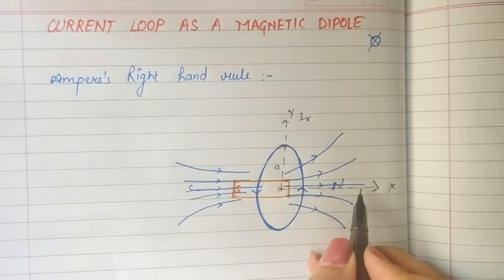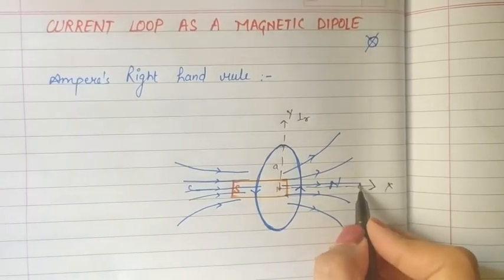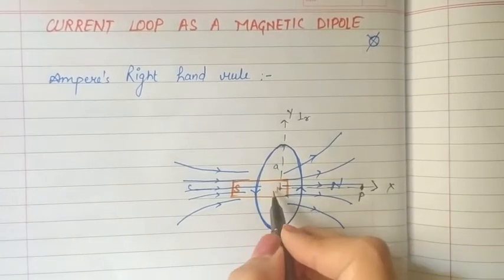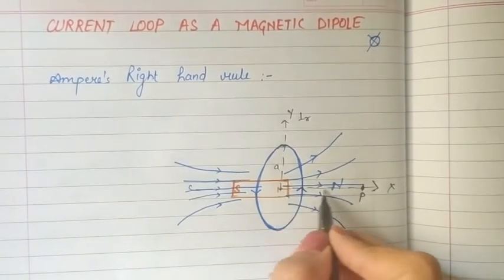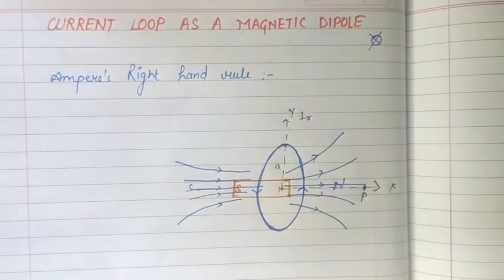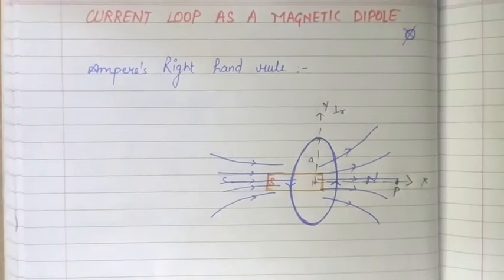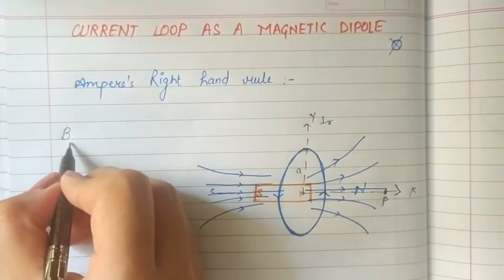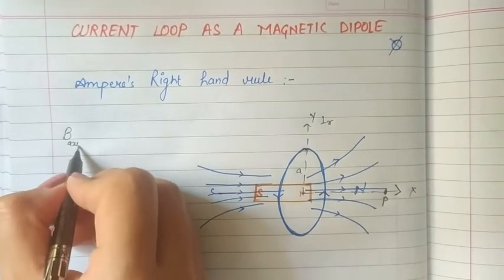Let that point be at a distance r. Suppose this is the point P, which is at a distance r from the center, and I want to know what is the strength of magnetic field at this point P. So for this we have already derived the formula